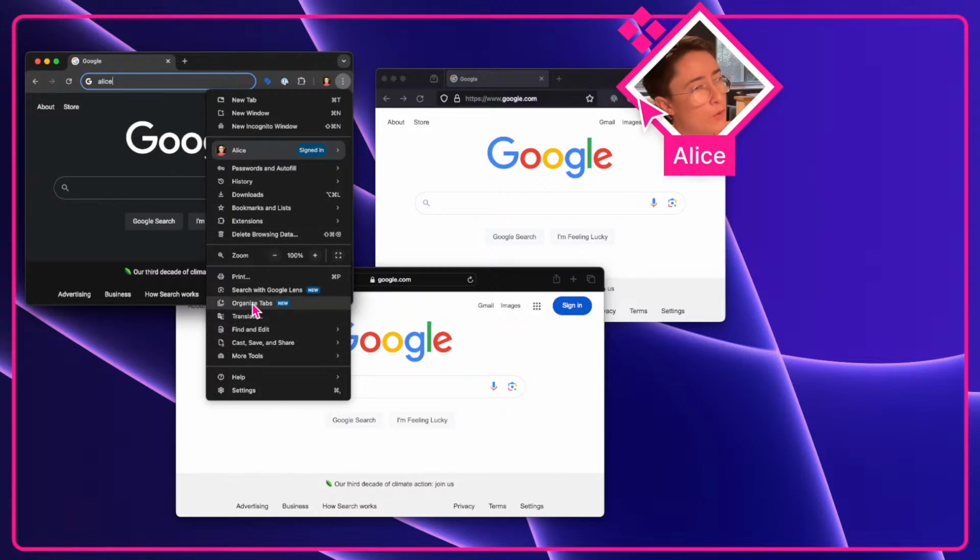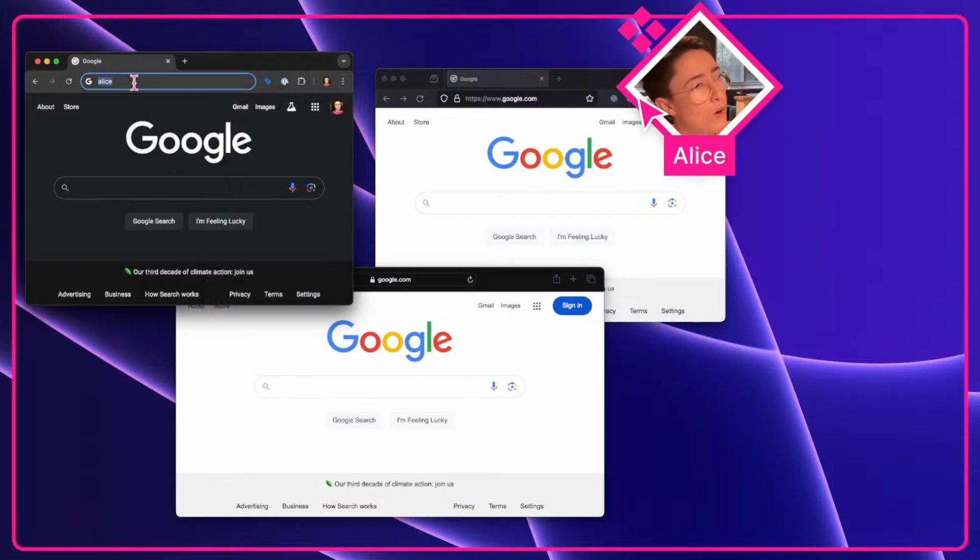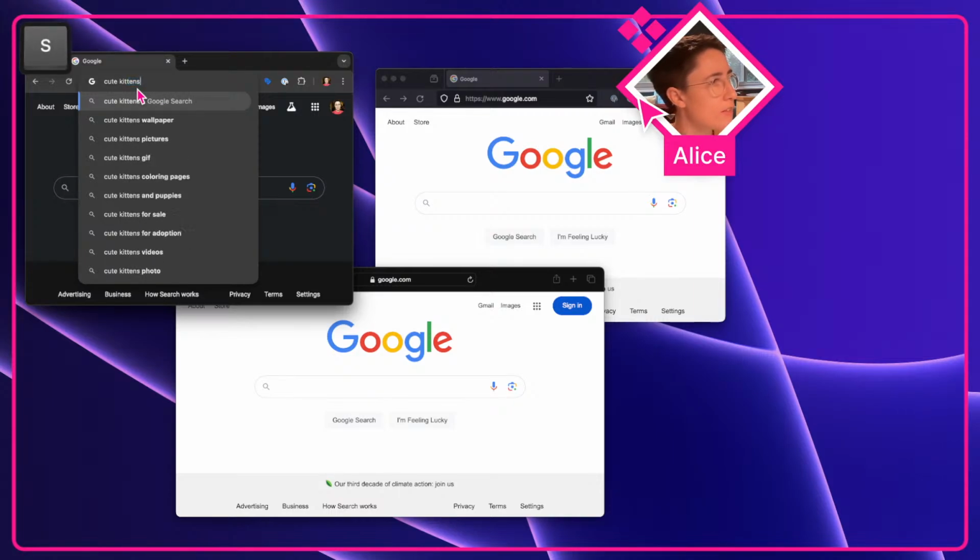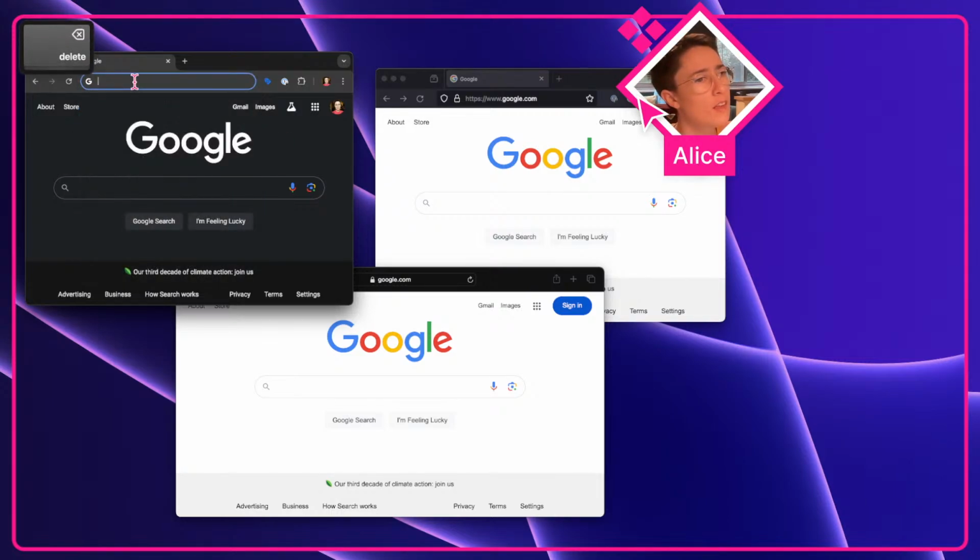I'm not going to go this far. But if we have that prototyping experience of, hey, you can type in the URL bar, like cute kittens, all of these options come up, right? And if you have other tabs open, there's a button in here like switch to tabs. So I think that would be necessary